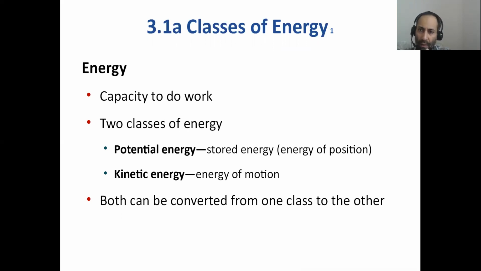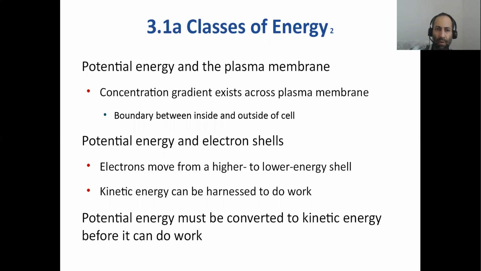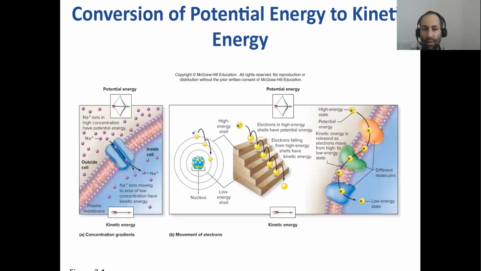As soon as I let go and it starts to move, that potential energy changed into kinetic energy. So kinetic means movement, energy of movement, right? These are the two broad categories of types of energies that we have. And they're interconvertible, of course. You can convert potential into kinetic energy and vice versa. A car that is at a stop signal and then starts moving, potential to kinetic energy, then it stops at the next signal, so kinetic energy turns into potential energy there. And the same thing is happening all across your cells. If you look at these pictures here, whether you're aware of it or not, the fact that you're eating and breathing and those nutrients are powering your life cycles, that's happening.